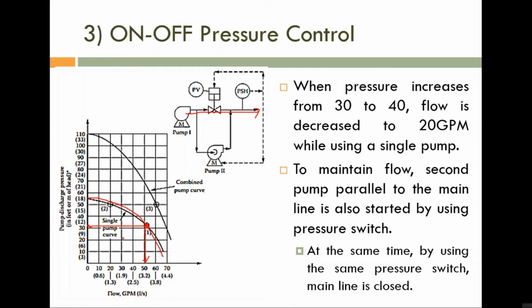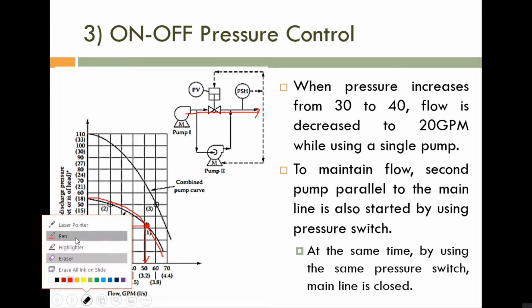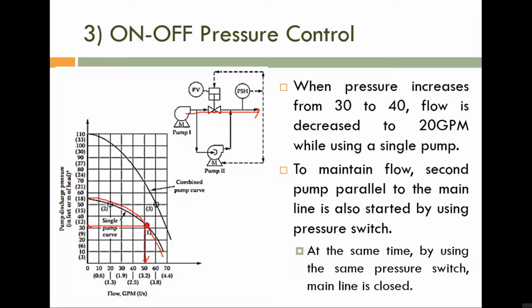This one is the operating point, so please remember the system curve is passing through this operating point. That is why this one is the operating point. Please note that the system curve is not shown here. Now, due to some reason, the operating point is changed from point 1 to point 2. Here the operating point is changed from 1 to 2 due to the change in pressure. Definitely the change in pressure is due to the back pressure, or due to the system curve. The system curve is changed from this one to this one.